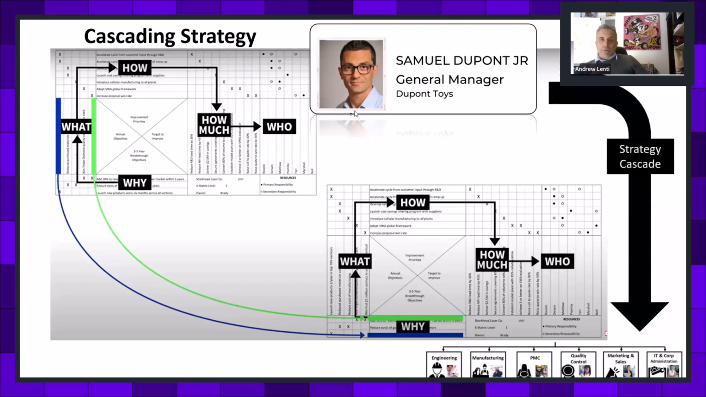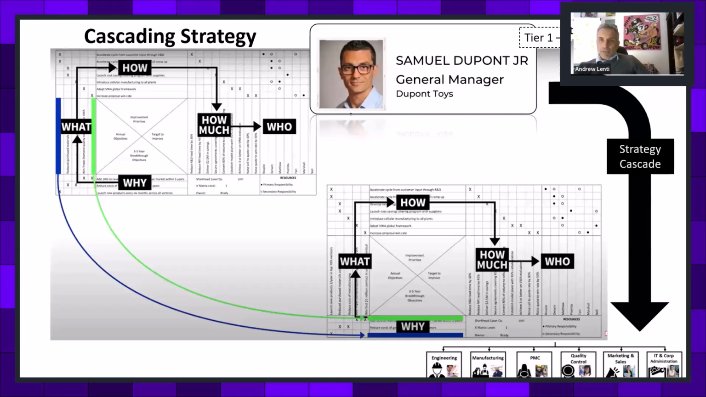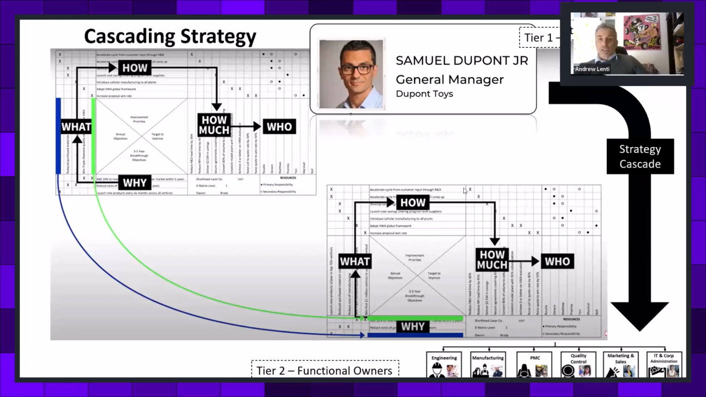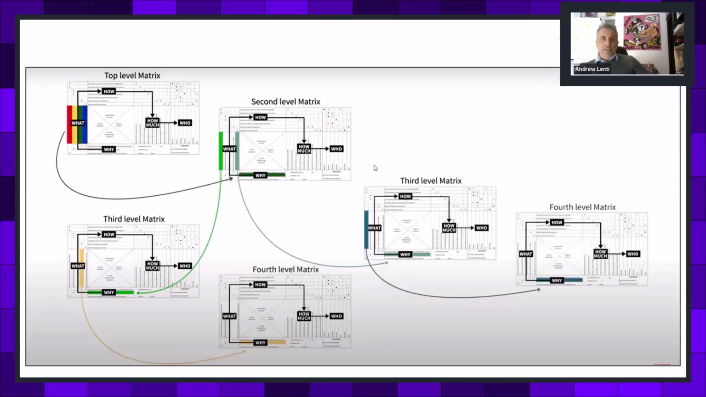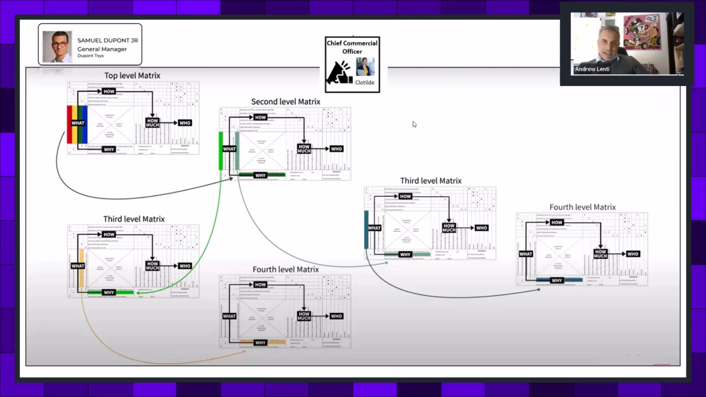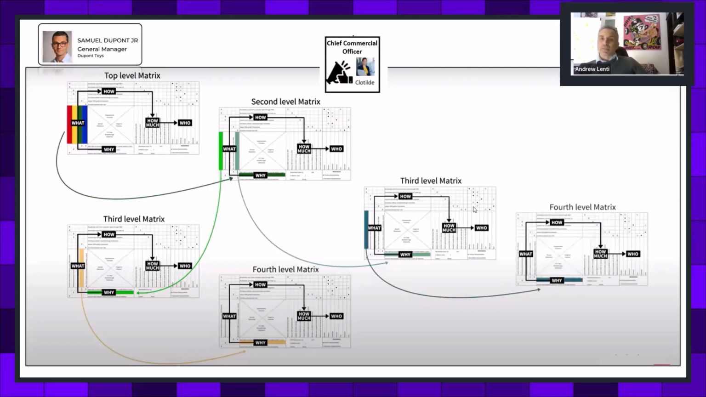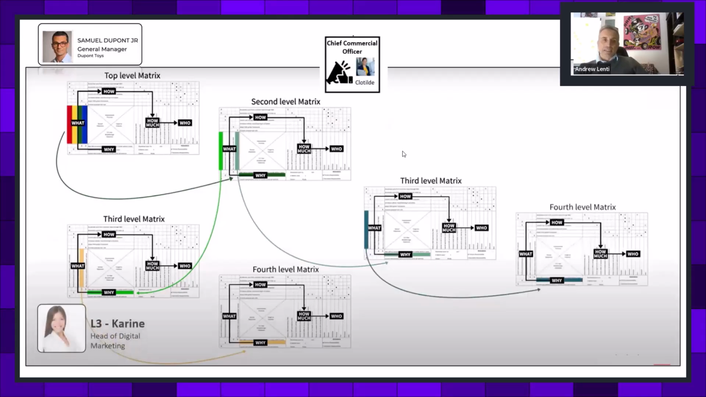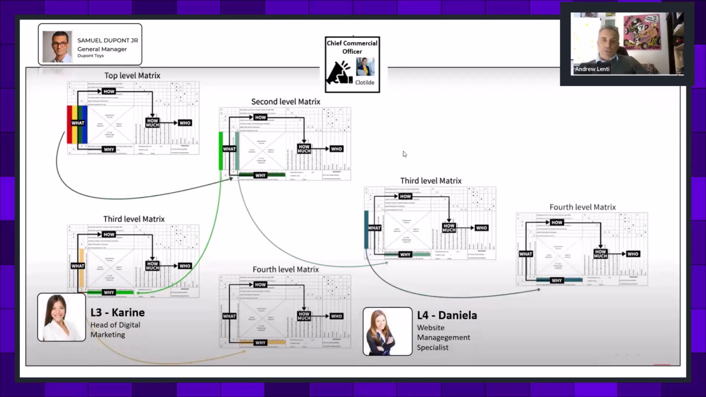So basically what we're going to do today, we're going to take a look at his X matrix, then we're going to take a look at his direct reports' X matrix, then we're going to go one level even further. So you can see tier one, we're talking about strategic leadership, whereas tier two, we're talking about functional owners. And then when you really start cascading it, there's Samuel cascading down to Clotilde, Chief Revenue Officer, Head of Sales and Marketing, and she's cascading her